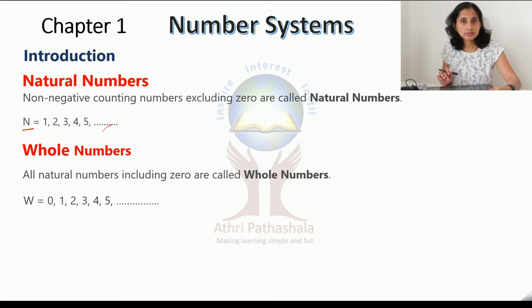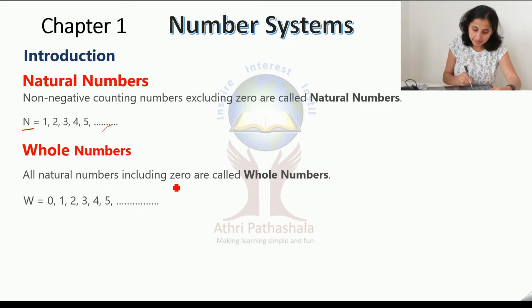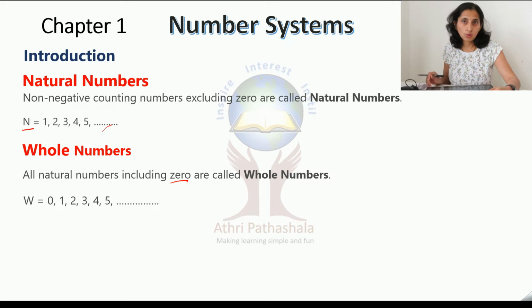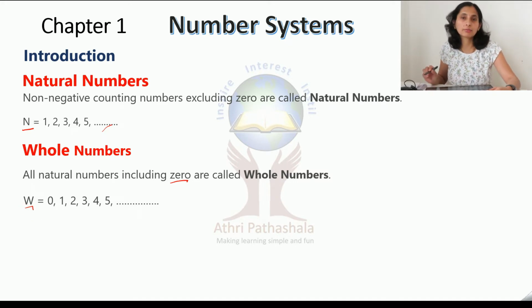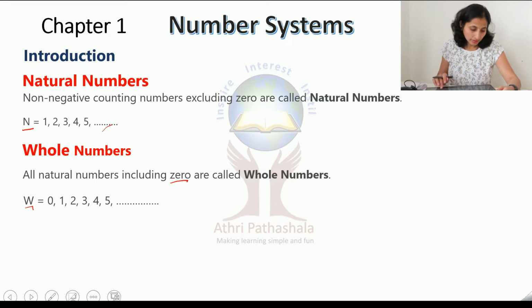And next comes whole numbers. Whole numbers means all the natural numbers including 0 are known as whole numbers, and this is expressed in terms of W. That is 0, 1, 2, 3, 4, 5 etc. and all we will call whole numbers. And next,